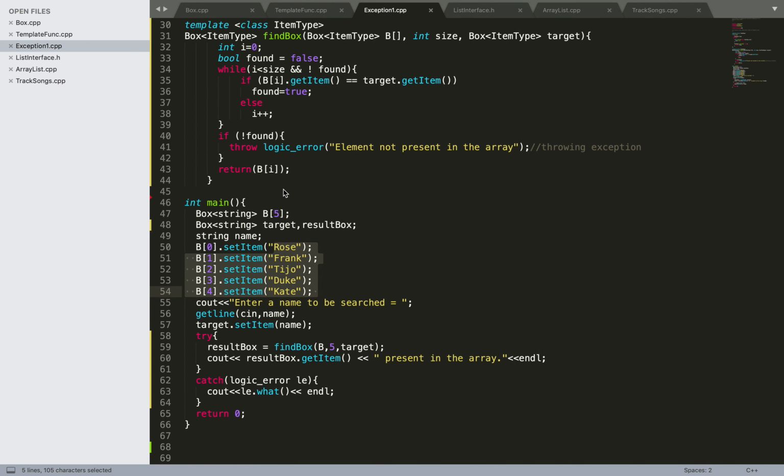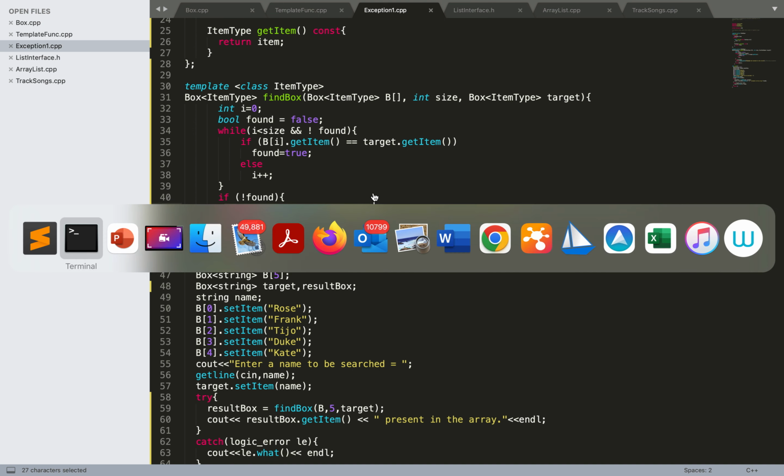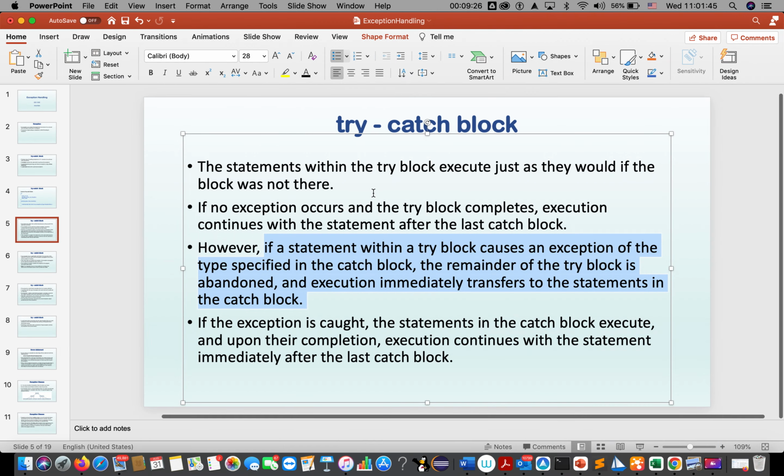So you do notice that the function is actually supposed to return an object, but of course if the object is not found, there's no way you could return the object. So I utilize an exception handling method to handle this problem, right? So going back to the presentation,